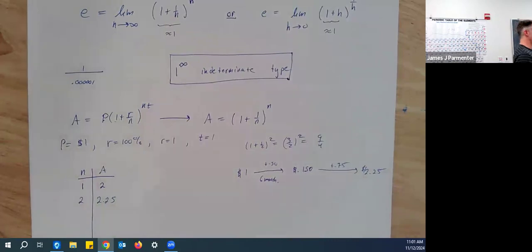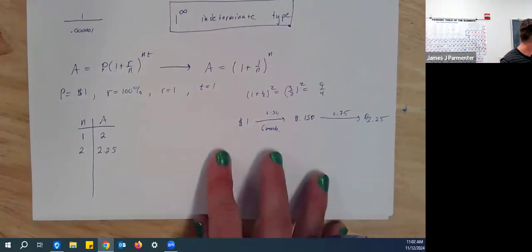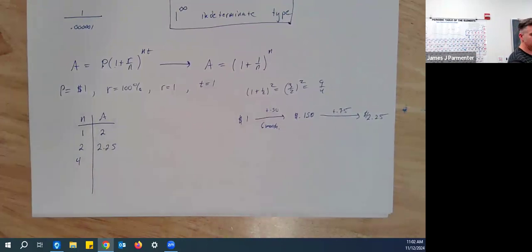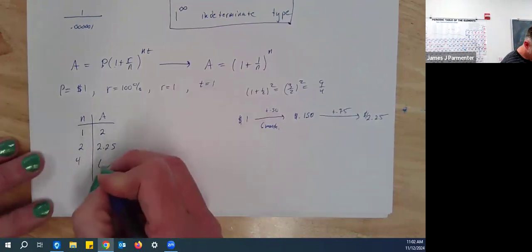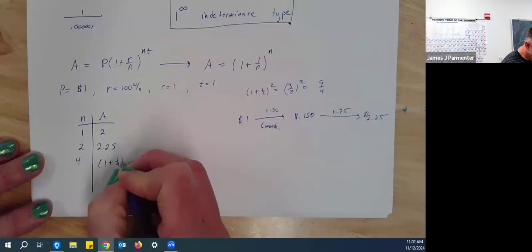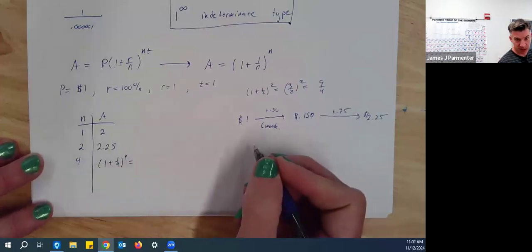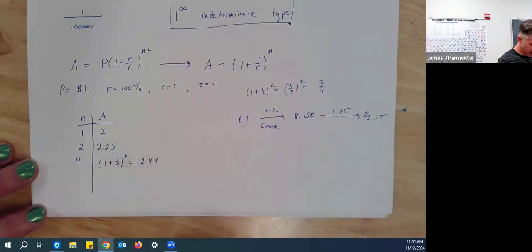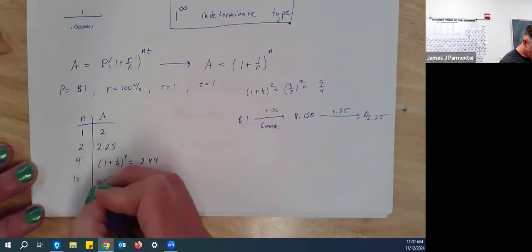If you compound it more frequently, doing this gets to be kind of a pain in the butt, like actually showing all the work here. That's the idea. So now look what happens. If I compound interest quarterly, I'm going to end up getting 1 plus 1 over 4 to the 4th power, which is approximately $2.44. And if I compound it, say, monthly, I'm going to get,